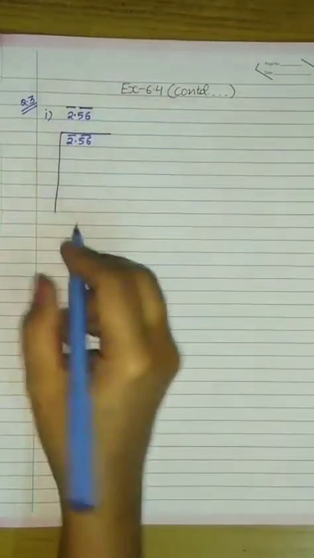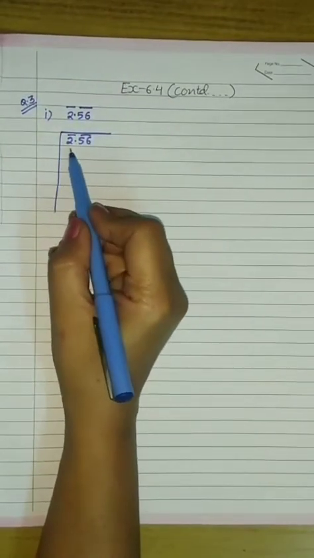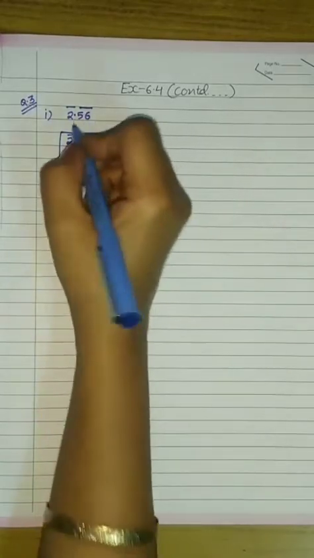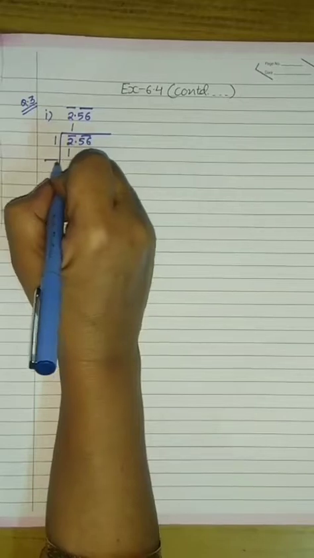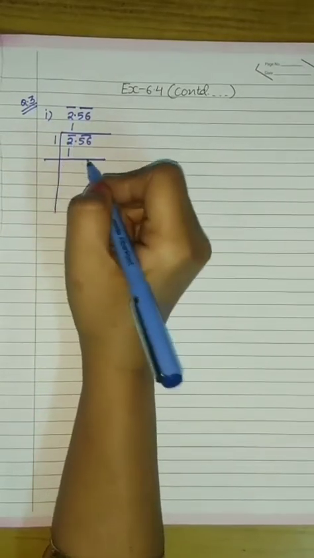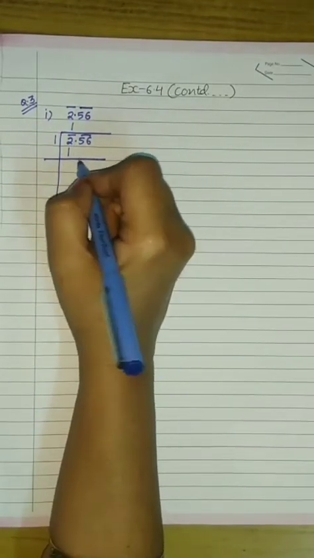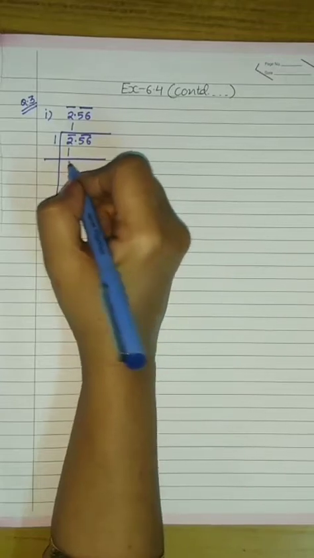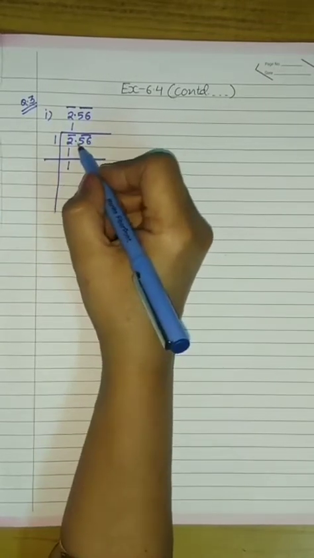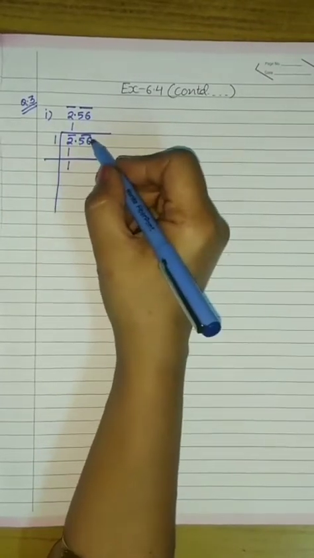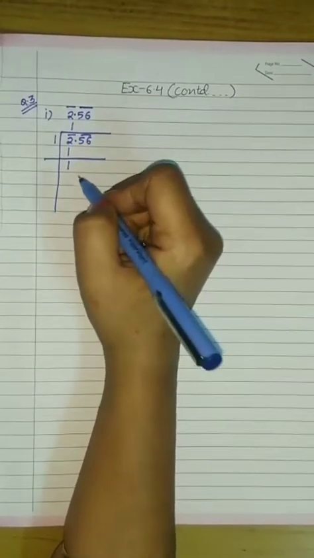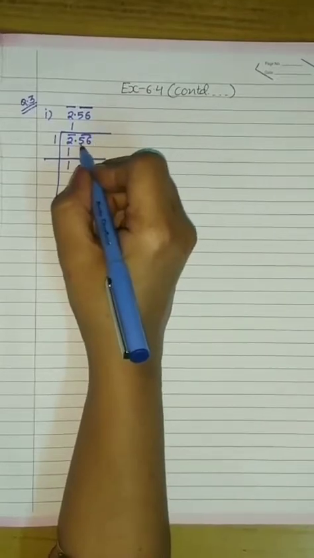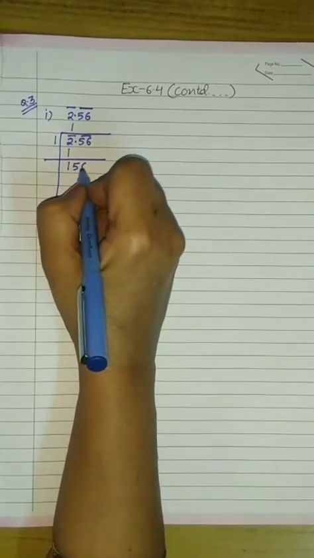On the left side of the decimal we have the number 2, so we will multiply 1 into 1, so the number will be less than the given number, that is 2, under the first bar. Subtracting 1 from 2, we get 1. Now we are taking down the next bar. The digits in the next bar are 5 and 6, so our new dividend will be